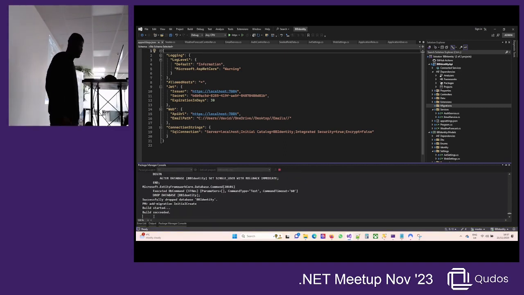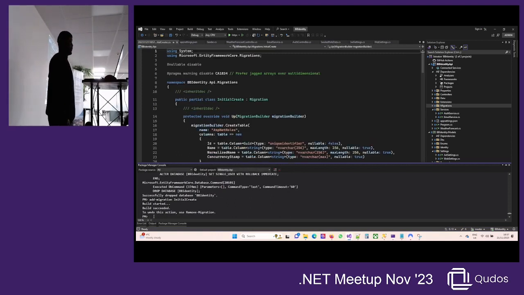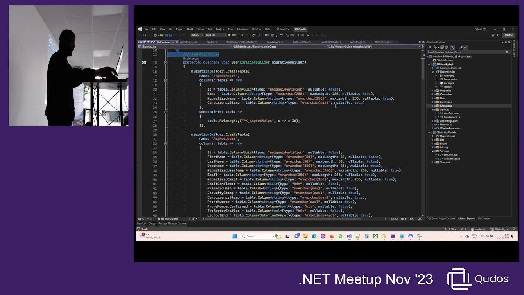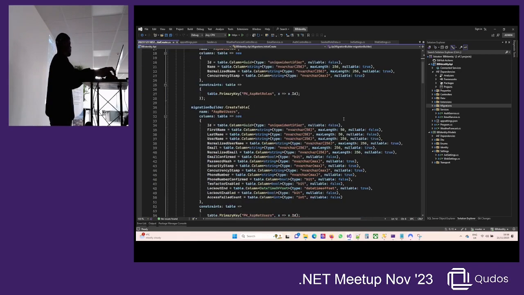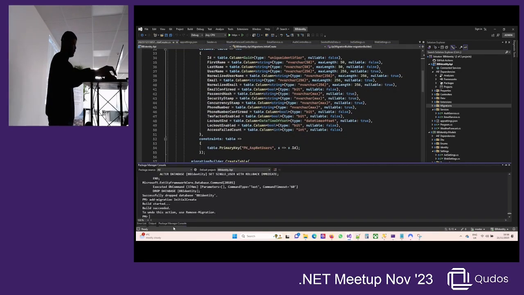Cool. And all this does is it looks at the models for the data context and it creates a migration for it, and this is what the migration looks like. Just basically instructions to create these assets in the database, and that's all that is. After that, I can just update the database,